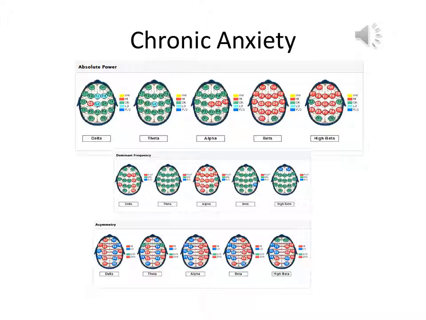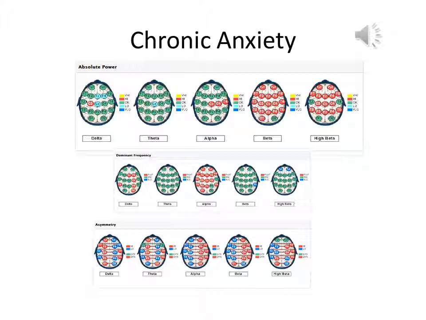As chronic stress continues to develop, we also see anxiety becoming more chronically present, and that manifests in a brain map as diffuse elevated beta. We usually have a lot of muscle tension that goes with it, which often causes increases in high beta on the map. Quite often the beta dominant frequency increases. People worry constantly. We have the three kinds of anxiety: anticipatory, panic, and ruminative anxiety. So the whole EEG is dominated by beta.